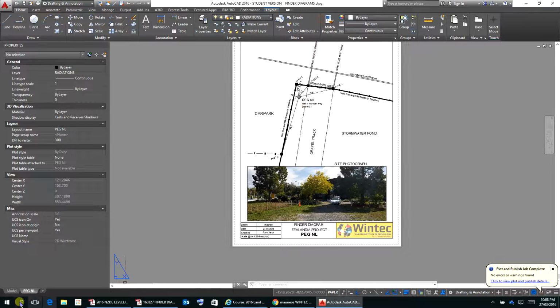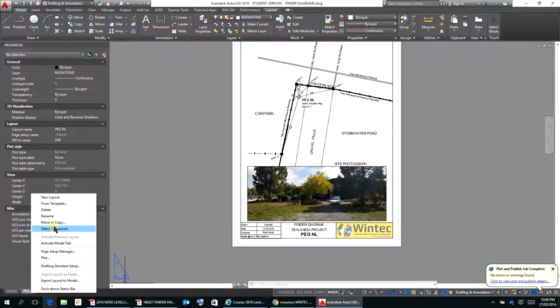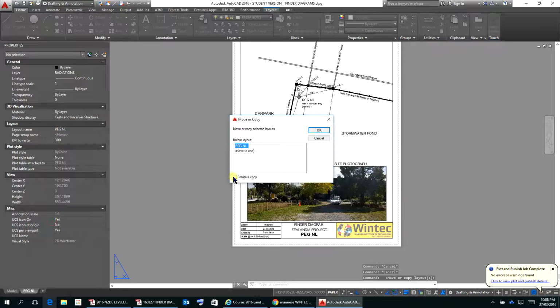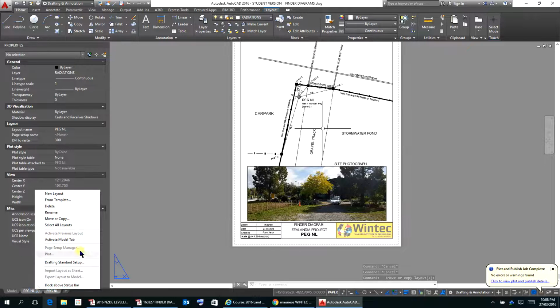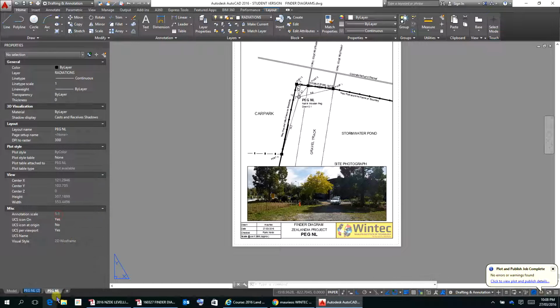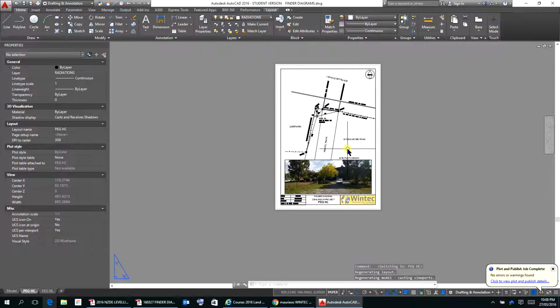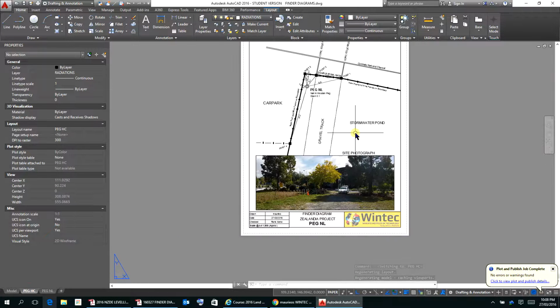Now the other thing is when you want to do your next one, what you can do here is right click there, move or copy, select this little box here, okay, and go OK, and that'll create another exact copy of that one there, NL2, which you can then rename and call PEG HC, which is another one of the things there. So there's PEG HC. So now you can go to PEG HC, which you'll see is the same as this one here, but what you can do is you can unlock this,